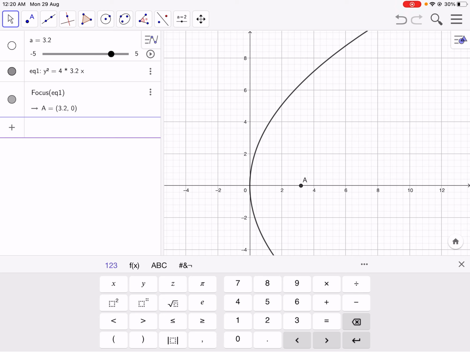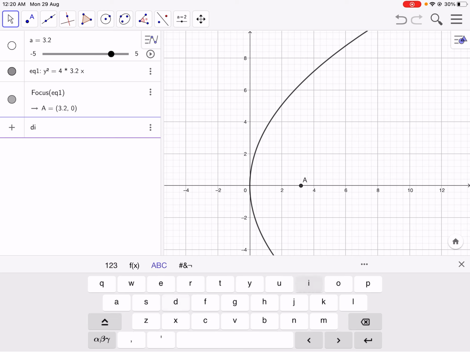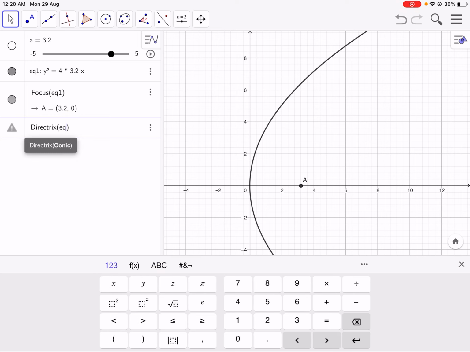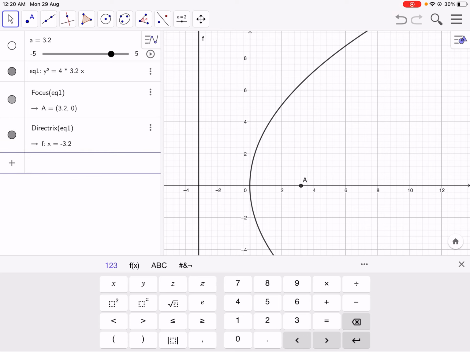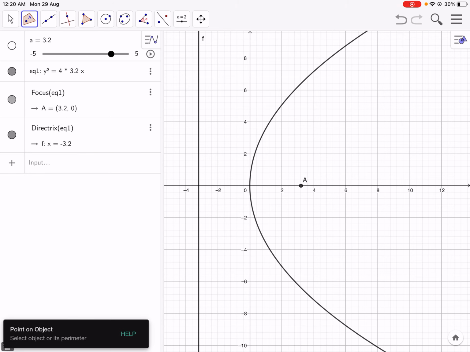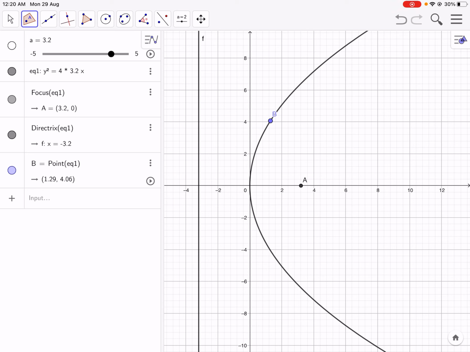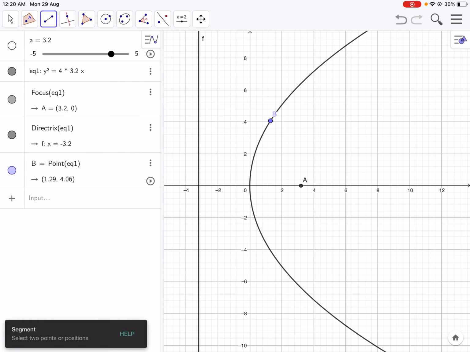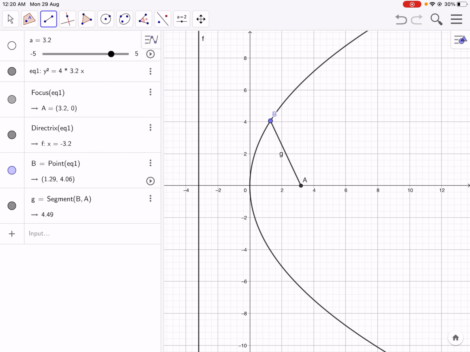Now if I put this line in called a directrix of my equation 1, that's a line there that's the same distance away on the other side. It's a vertical line, and if I take a random point on the parabola, that length there, 4.49, is the same as the distance